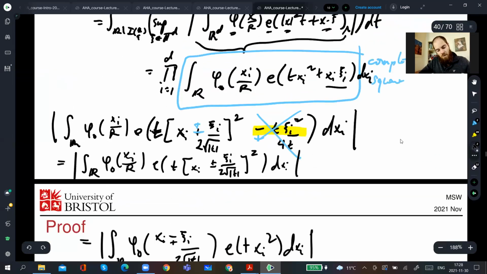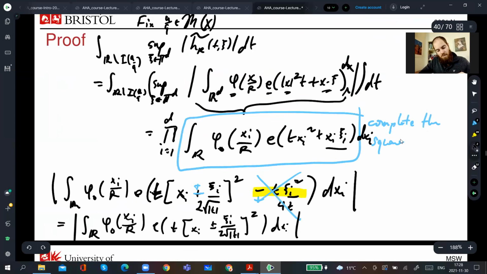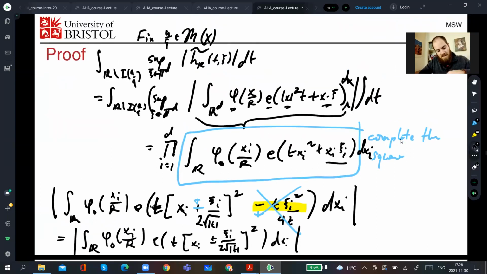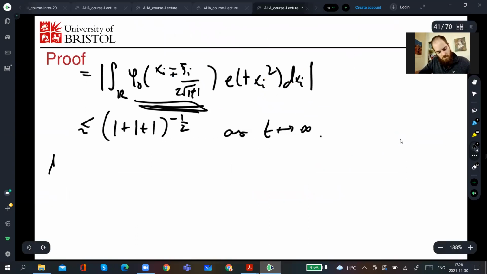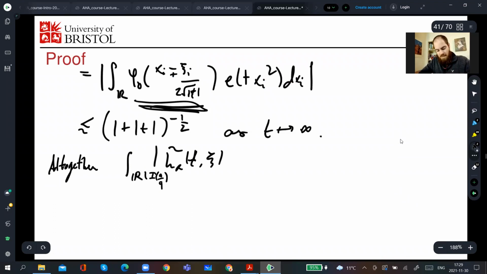Right, so before we had a supremum over c we had to worry about. But by completing the square in translation, we don't care what that c is anymore. And now we have a bound for this integral that's going to have something that decays with t. So altogether, we have the integral over r minus I of a over q of h r t, the Fourier transform, sorry, absolute value, xc, and I need a sup over xc here,